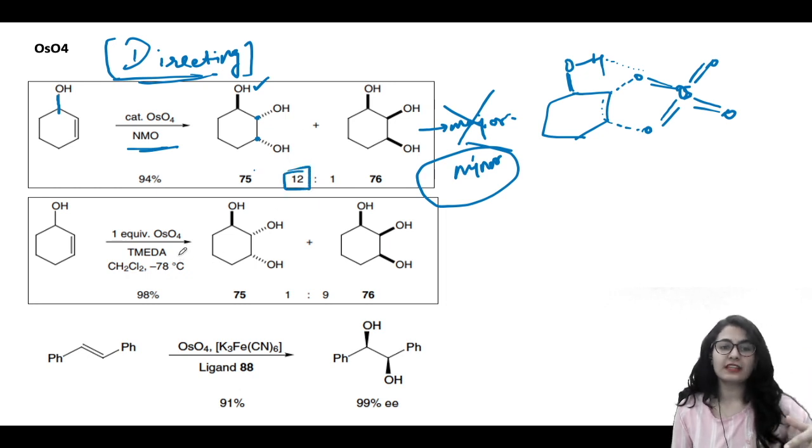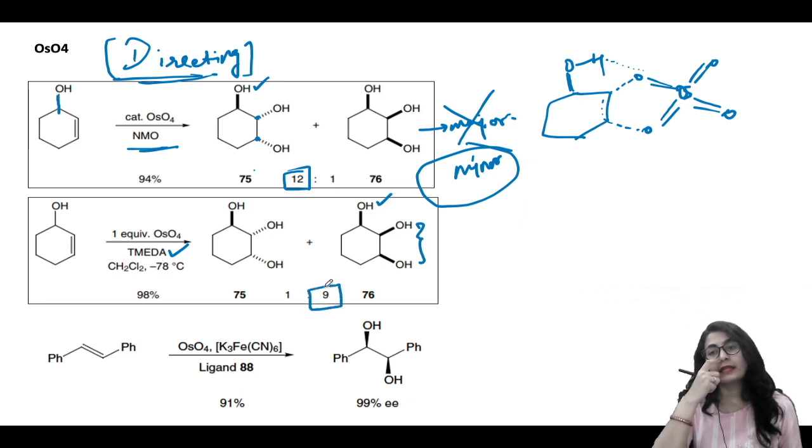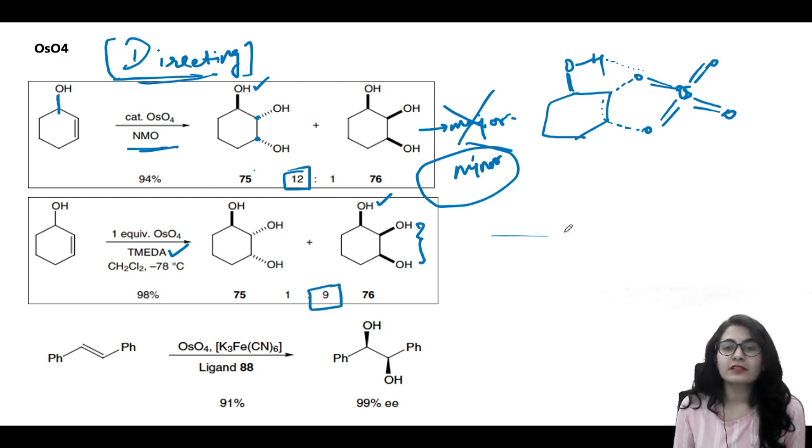और दूसरे केस में when I am taking TMEDA, which is a chelating agent, in that particular case I am getting the diol on the same side of OH as the major product, 1:9. So why is there the difference? I want to discuss with you. That is, if you are taking a simple molecule